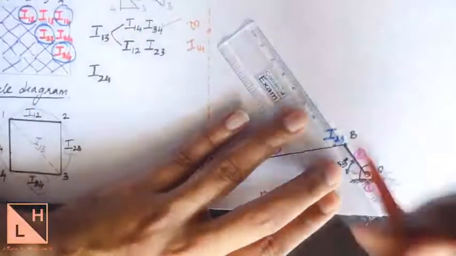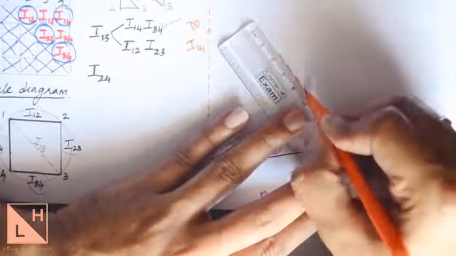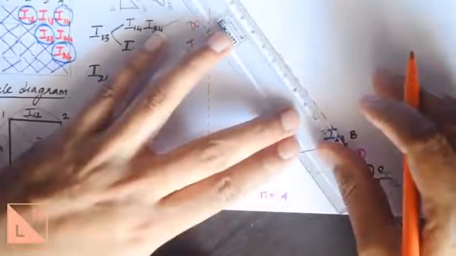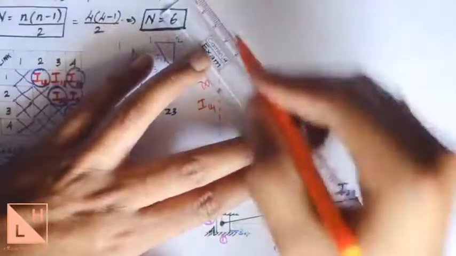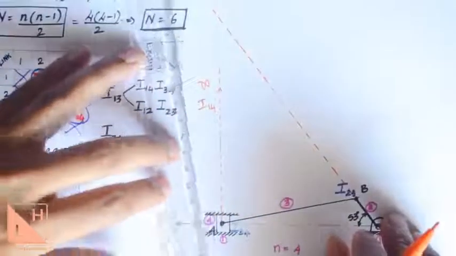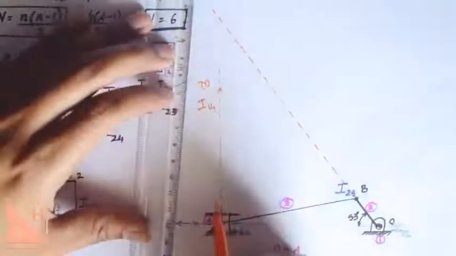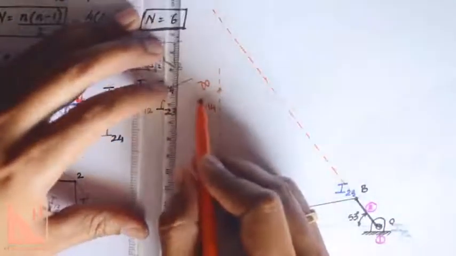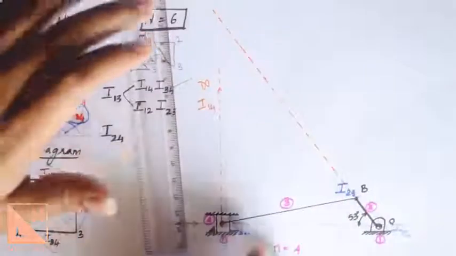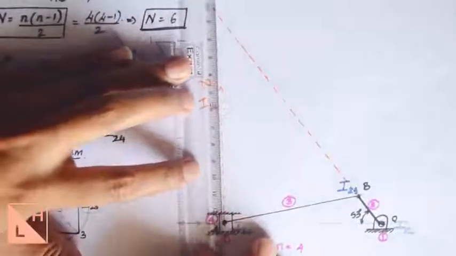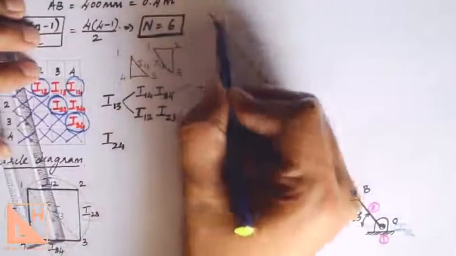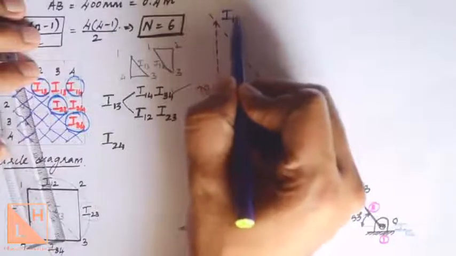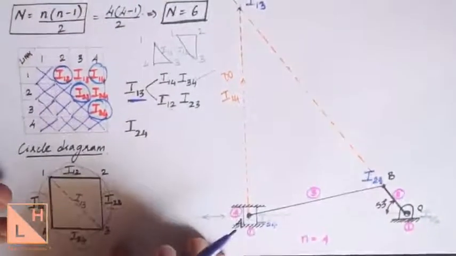Okay. The vertical line is still not meeting it. As we saw, the vertical line is going to reach infinity. Infinity is found elsewhere, out of the boundary. So we are free to extend this vertical line ahead. So the point where it intersects now is going to be the instantaneous center I13. We need to do the same for I24.